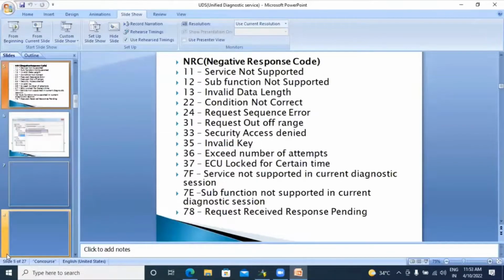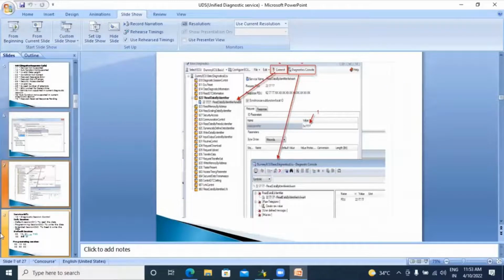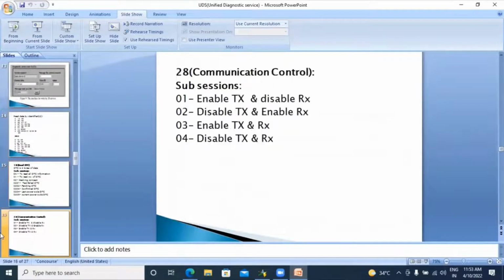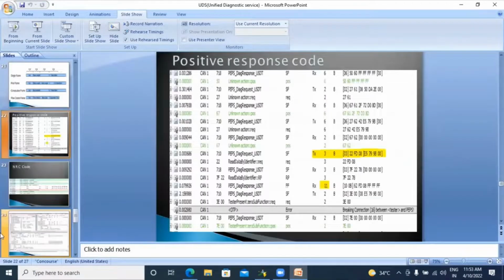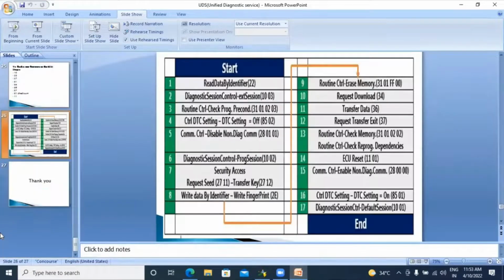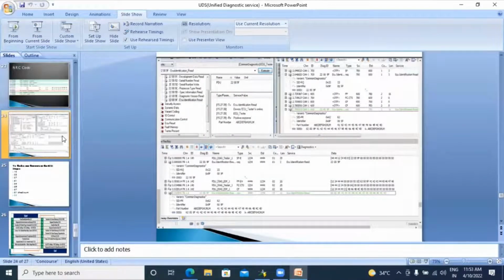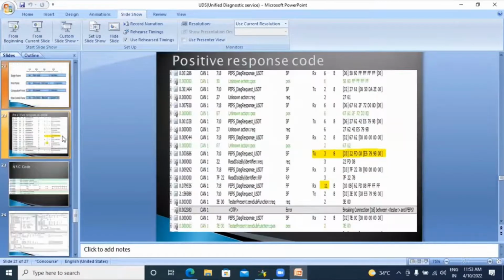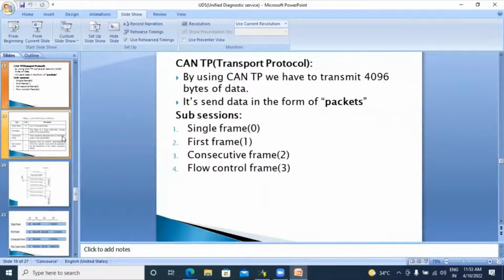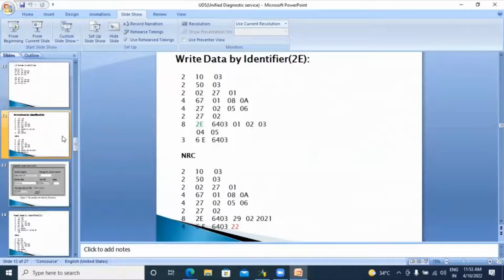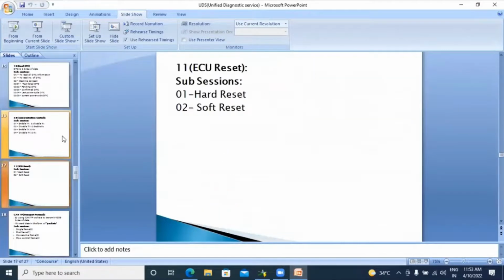I will show you that image also. Here it's not there, but